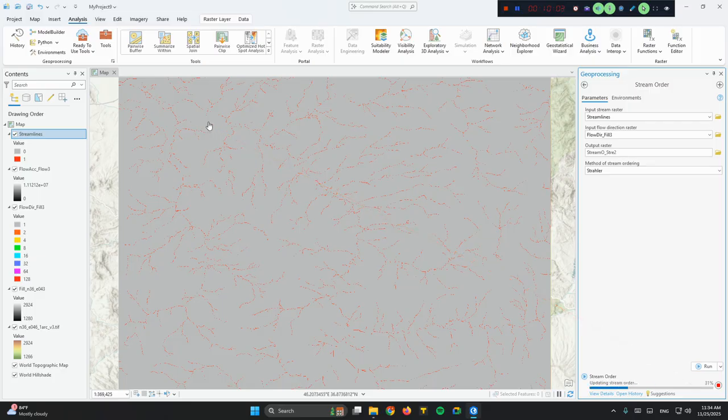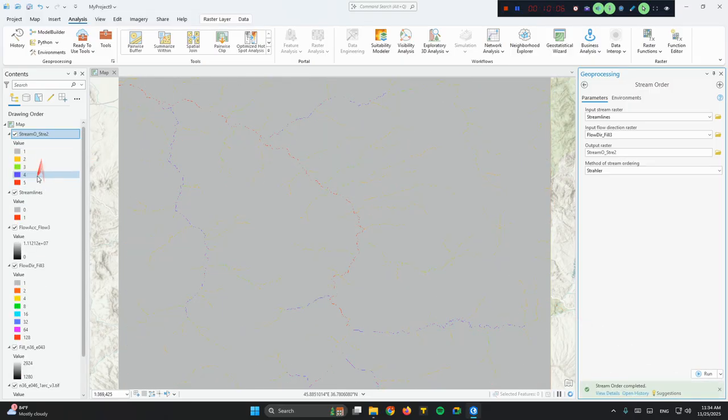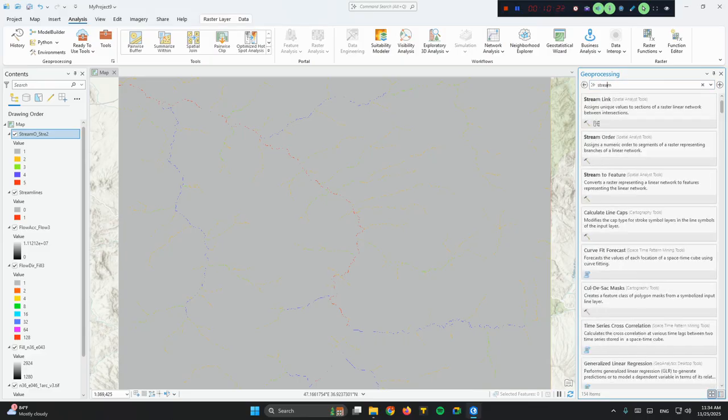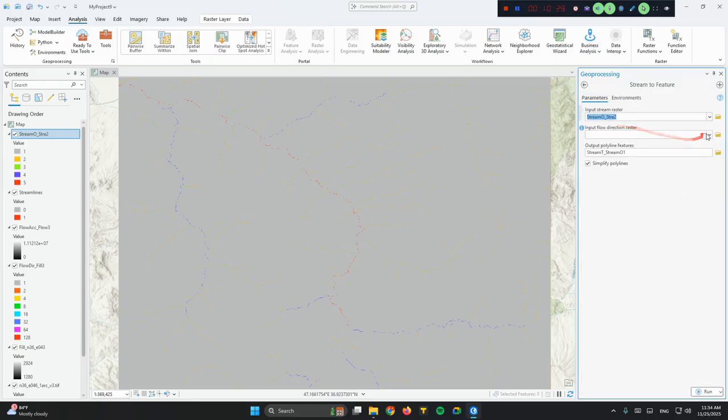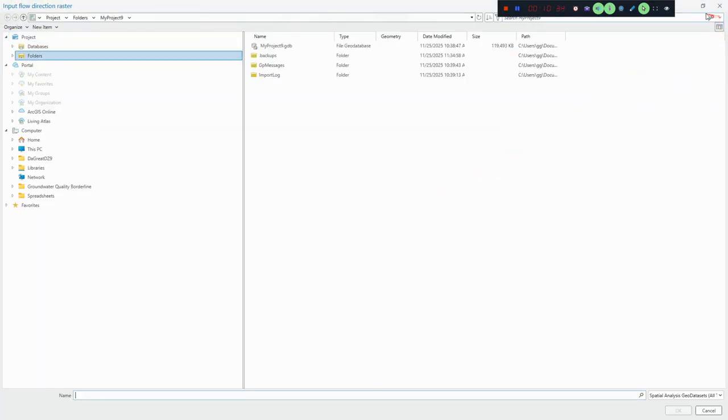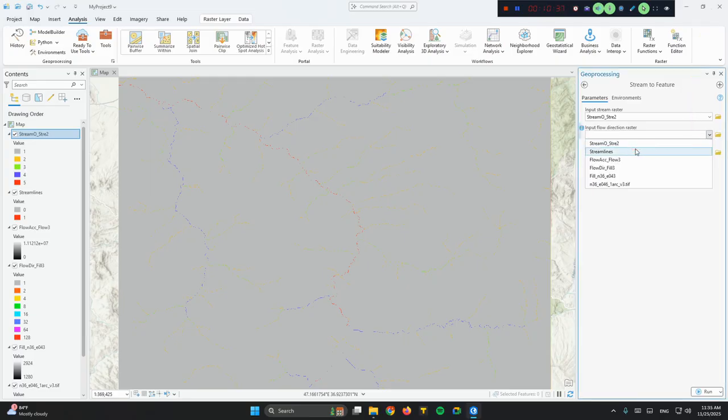So if I run it, you can see the ranks over here, different ranks and different colors. And since this is a raster format, I need to convert it for a better visualization in my output data. Stream to feature, this is the next operation. Stream to feature here. To use the stream flow direction, you can use raster to polyline as well. And if I select this flow direction, run,